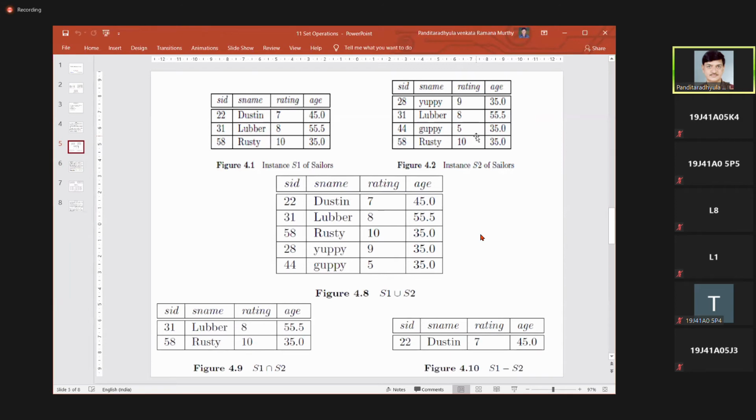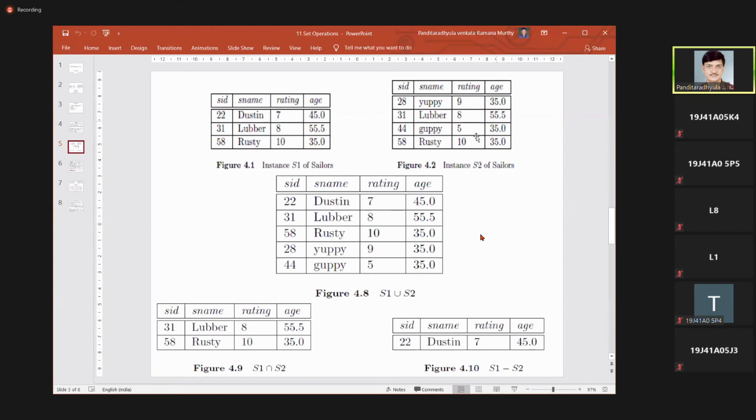Previously the duplicates were eliminated in the union, whereas here we are identifying the duplicate values, the common values in the S1 results and S2 results.